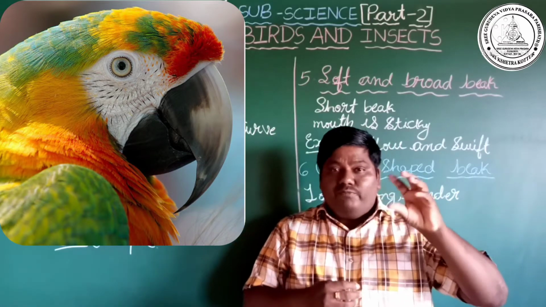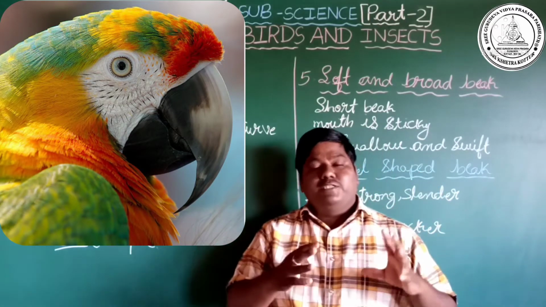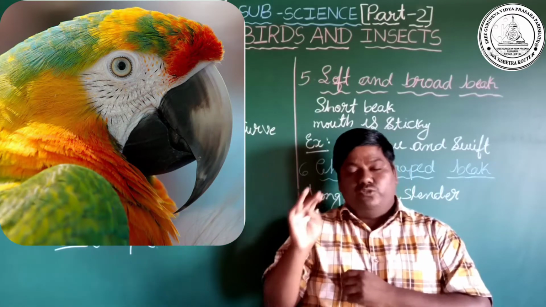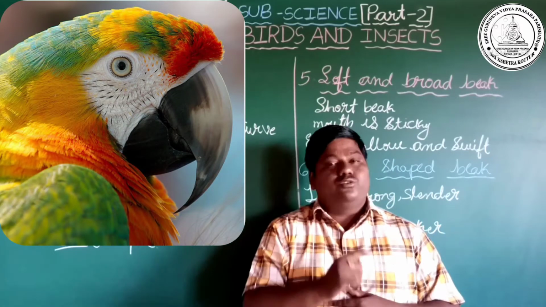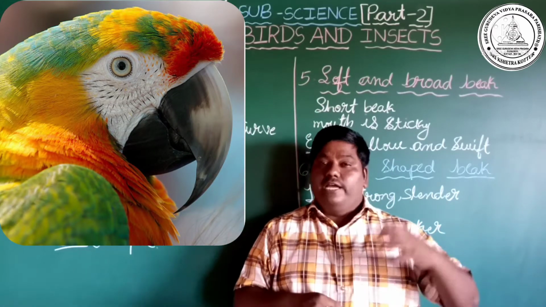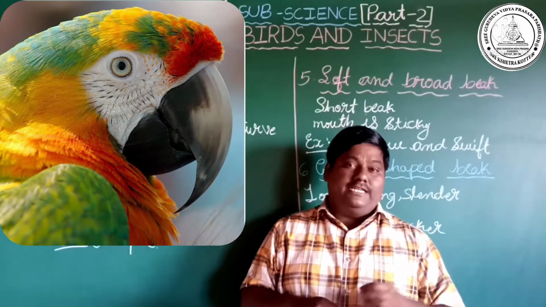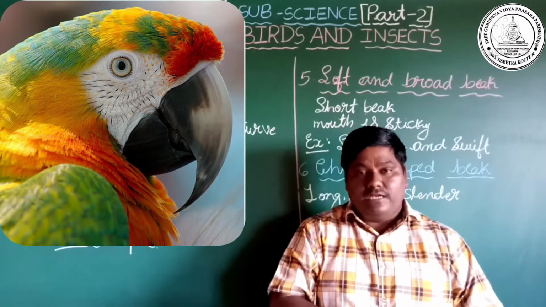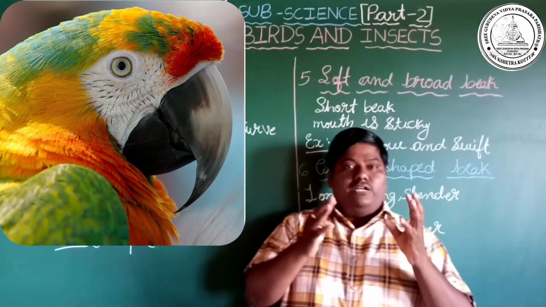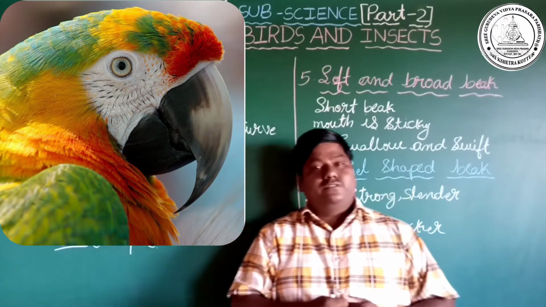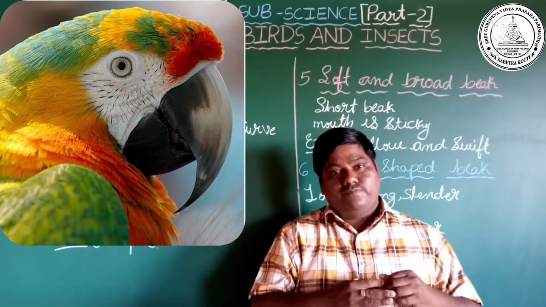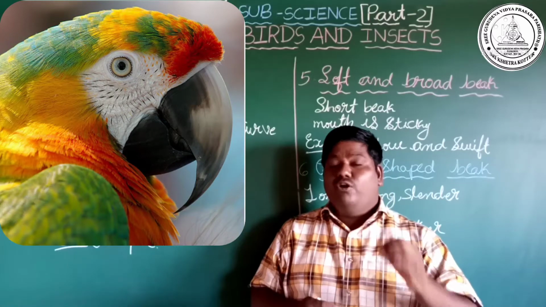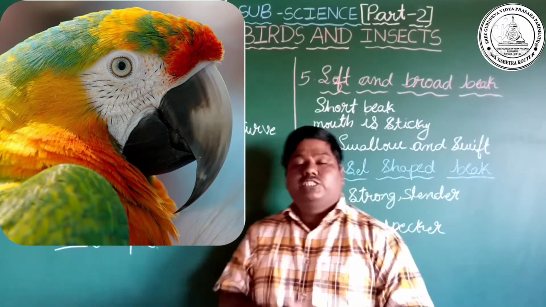Here in our India, in your surroundings, you saw only small birds, small parrots. Actually, those we call parakeets. Parrot means a big bird. When we go to the zoo, we see big ones; those we call parrots. Daily we see the parakeet, which is green in color. Parrots we see in different colors: blue, white, green, red. Many colors are there. Their beak is also very strong and curved in shape.